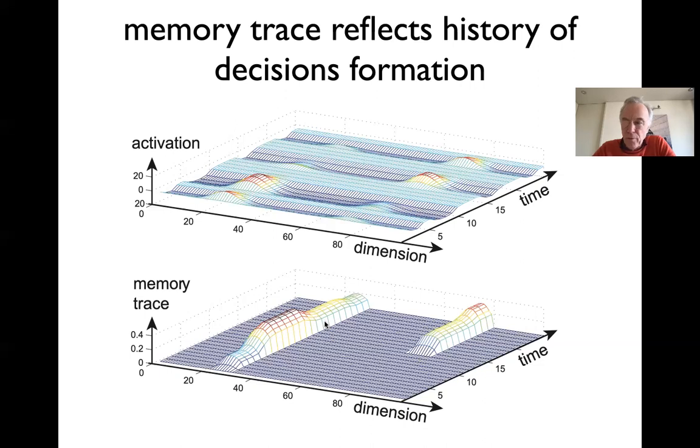This was used many years ago, for instance, to account for how probabilities are represented. Remember, I told you about the experiments for the modeling of the Hyman effect, where we say a more probable choice has more pre-shaping or pre-activation than a less probable choice. How does that come about? It can come about by a memory trace through the mechanism I'm hinting at here. So if one location is activated more frequently, there will be more times when its memory trace rises than when it falls,